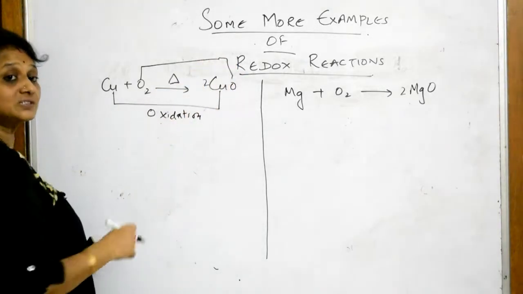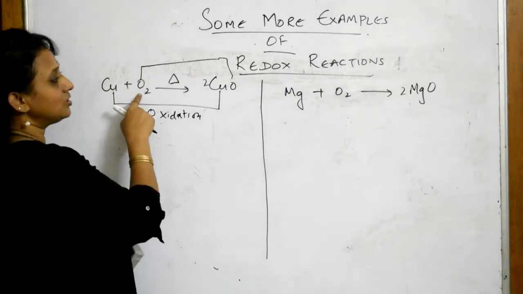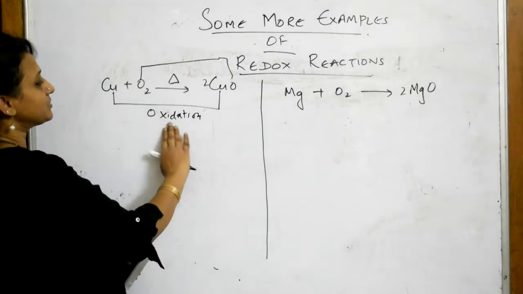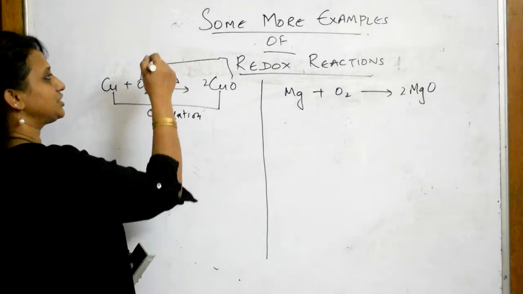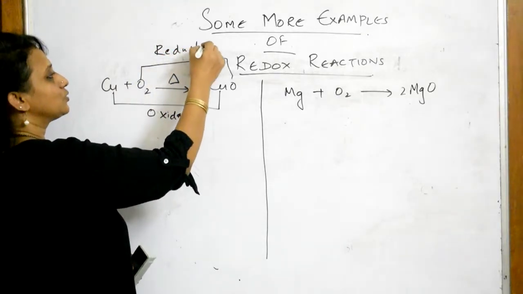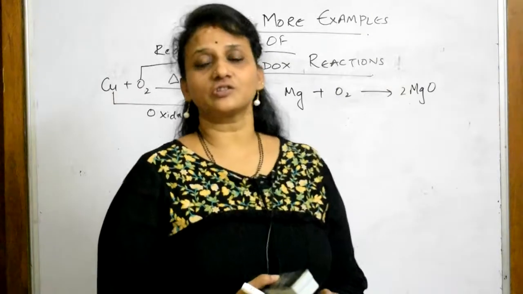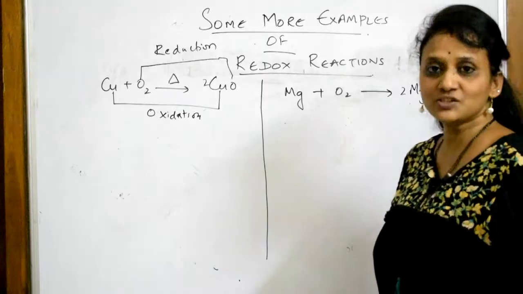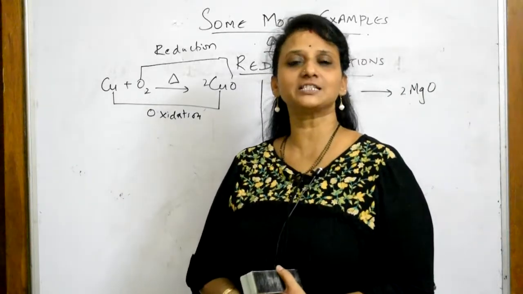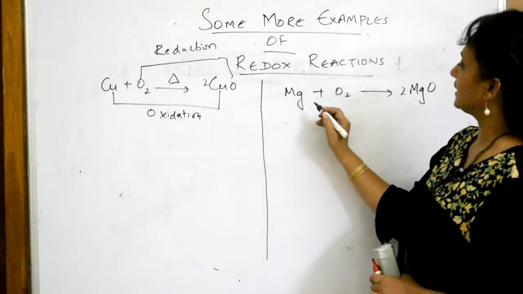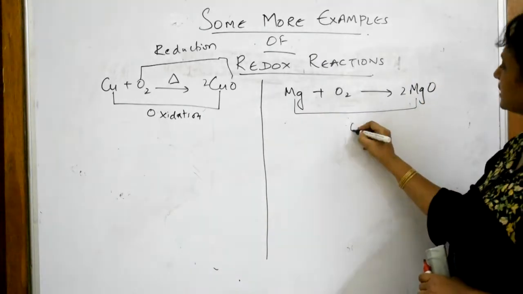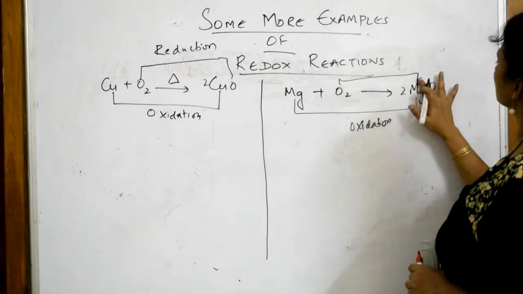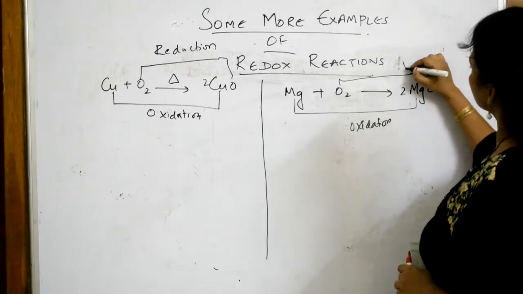We will see something called oxidation state. Here it is 0, it has become -2. Ma'am, what is this new thing? Don't worry students, it is simple. When something undergoes oxidation, automatically the other is reduction. Don't worry about that, because assigning oxidation states you will be studying in PU first year. I don't mind teaching, but if you still have doubt, you can put it in the comment section and I'll explain. So here again the same thing. From magnesium to magnesium oxide, there is addition of oxygen, so oxidation, and for oxygen the oxidation number shows reduction.